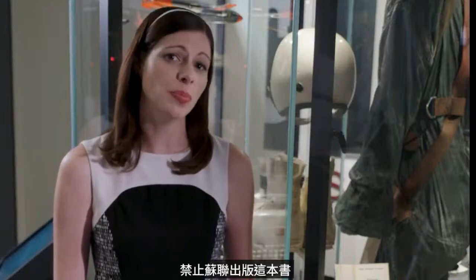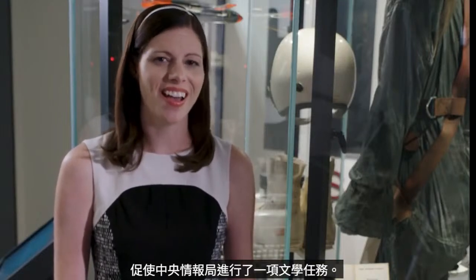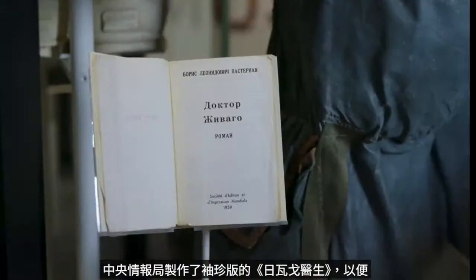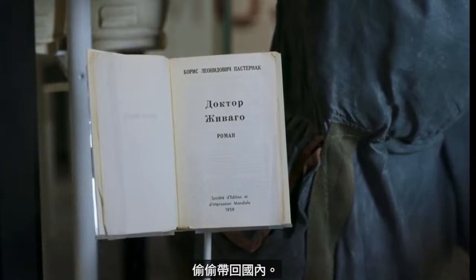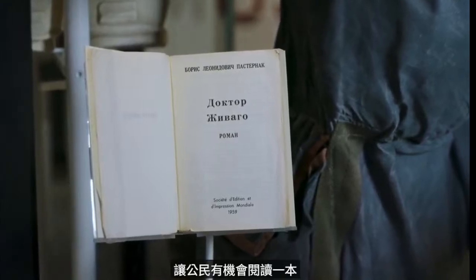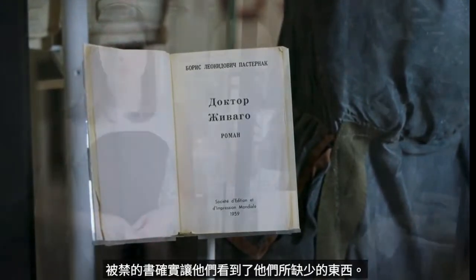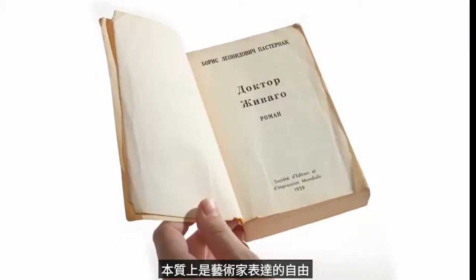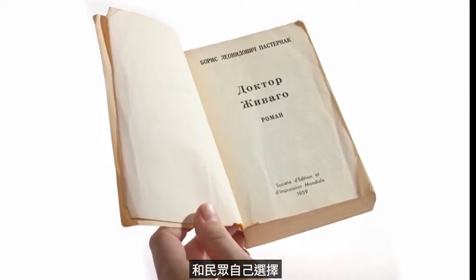Suppressing the publication of this book in the Soviet Union led the CIA on a literary mission. The CIA created small pocket-sized versions of Dr. Zhivago that they could have snuck back into the country. Giving the citizens the opportunity to read a book that was banned really showed them what they were missing. Essentially, the freedom of artistic expression and the ability of a populace to choose for themselves what they wanted to